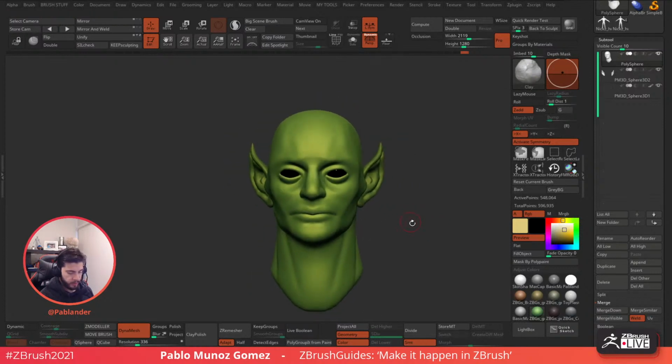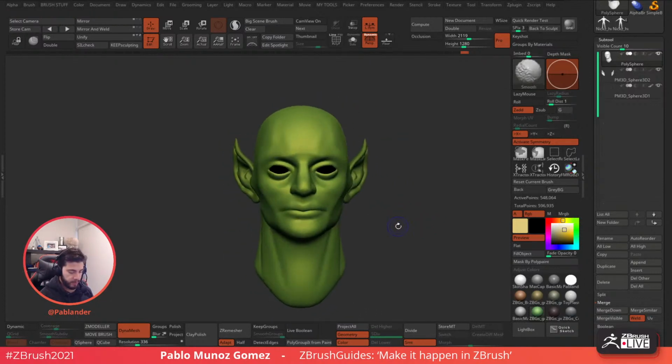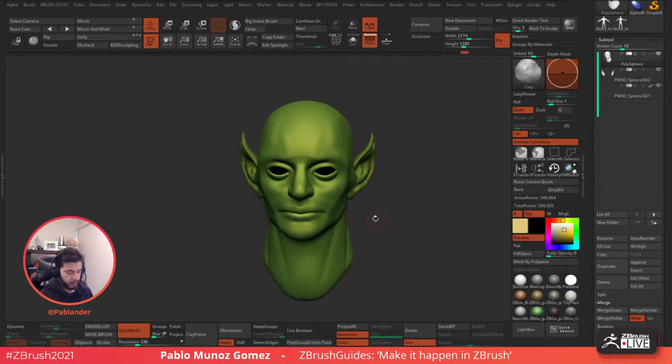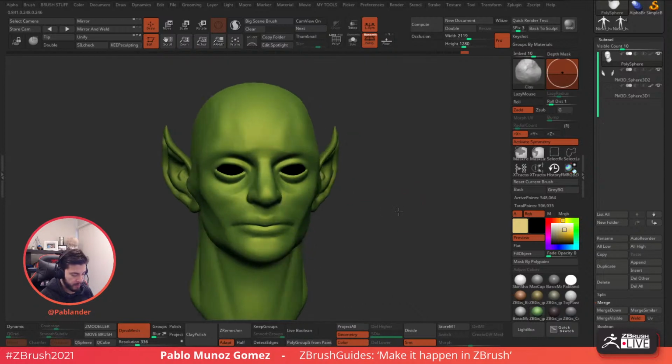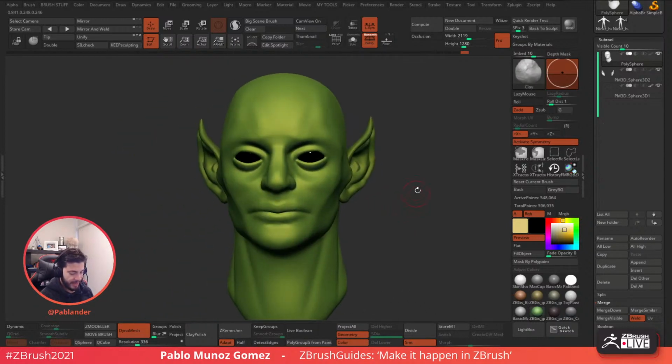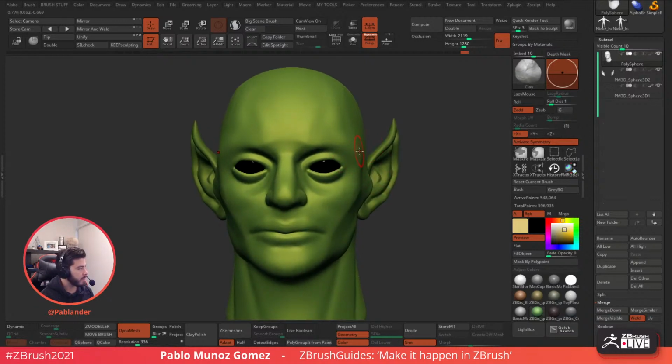All right. So right now this looks like some kind of, I don't know, a mix between the Green Goblin and Piccolo Daimaku from Dragon Ball. So I'm gonna try to bring this closer to the actual character that I want to create, because they have some particular things in the anatomy that makes them very, very particular. So